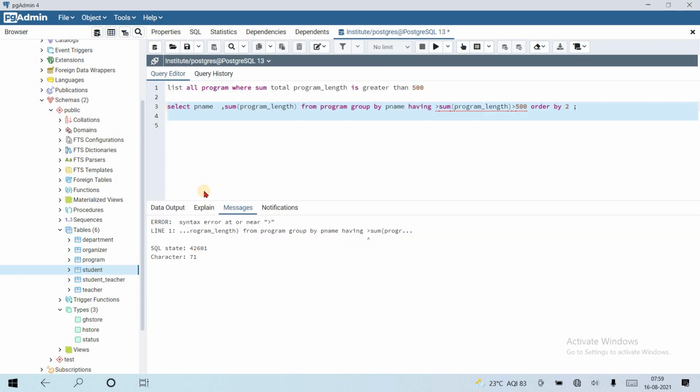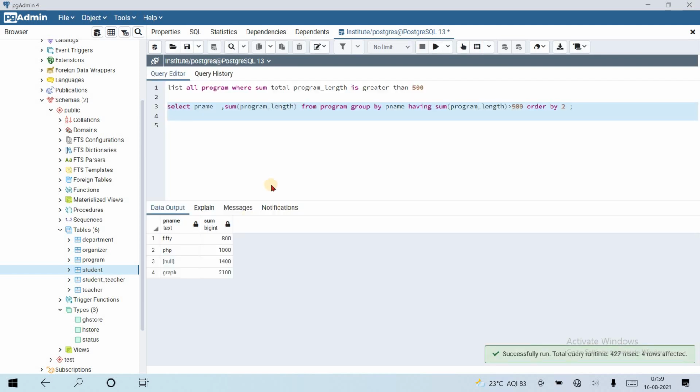Is it going to run or not? Oh, sorry. Having. Did it work fine? Okay, having works on the result of grouped data, meaning the result fetched from where, and having works on that. Where works on selected columns, not on the grouped result.